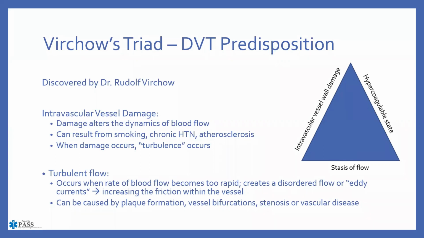So if we have any type of damage to the intravascular vessel, it's clearly going to end up creating some turbulence, and we don't want that. With turbulence becomes friction, and that is where some of the problems start to end up developing. So the inside of the vessel, the tunica intima, ironically enough or interestingly enough,